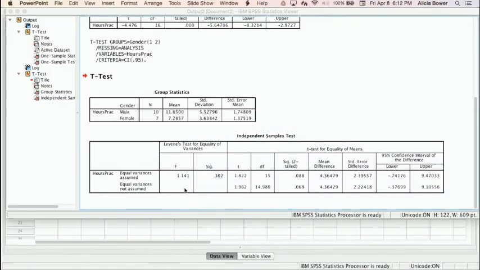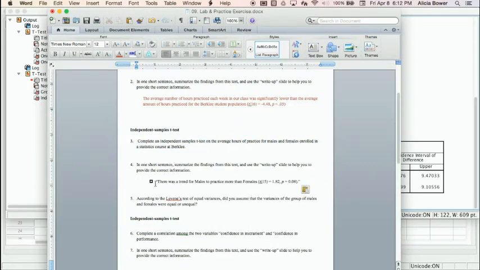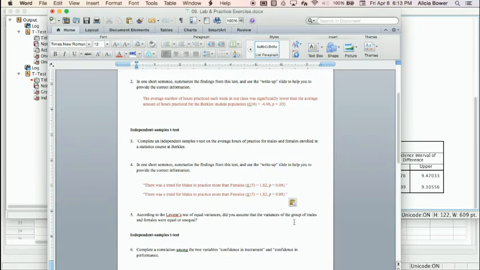So let me go ahead and bring up your worksheet here. There's a couple ways you could write this one up. Because our significance level was 0.08, you could argue that there's something called a trend for males to practice more than females. However, honestly, if you're going to use the hard and fast 0.05 rule, which is totally fine, a lot of people, I mean, that's recommended, then you could say that there was no significant difference